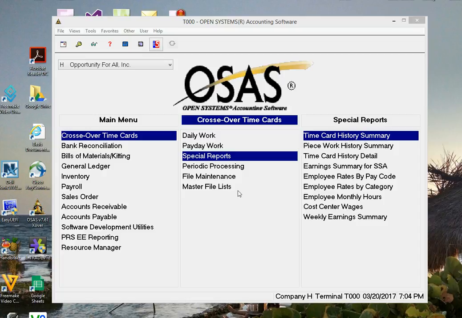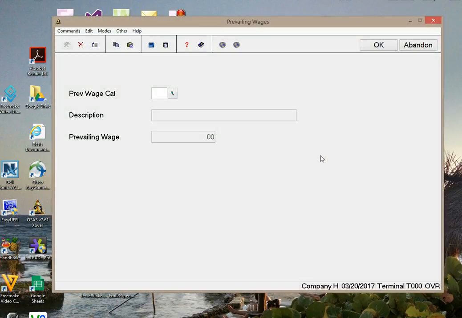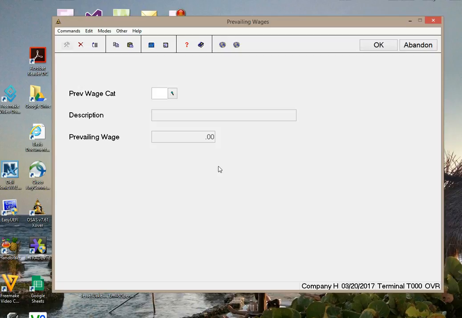I'm going to go to File Maintenance, and there's a couple of things I want to make sure I have set up in File Maintenance. The first thing is I want to have a prevailing wage that is 0. Now, if I have one that I could use, that's fine. If I don't, then I'm going to put a prevailing wage in. And I'm going to use 99, and I'm going to maybe call it